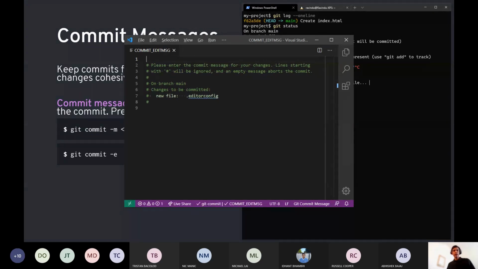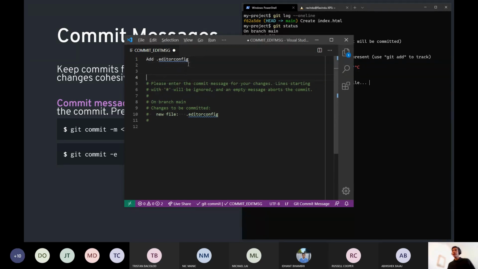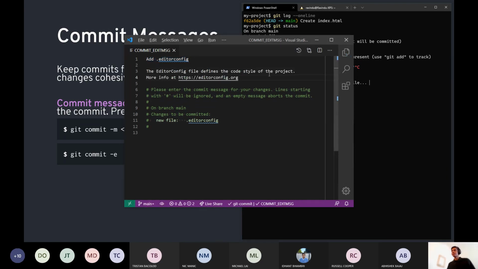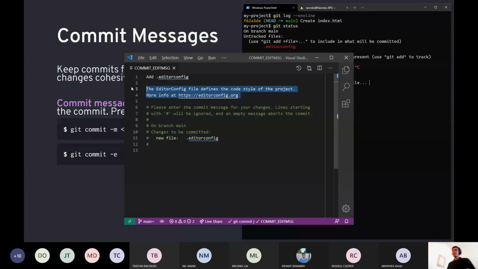And now I can go in and specify a proper extended commit message with a bit of a description as well. So I could say add editor config is the header of our commit message. And then the body of my commit message could be something like a description of the editor config standard, and maybe a link to this.